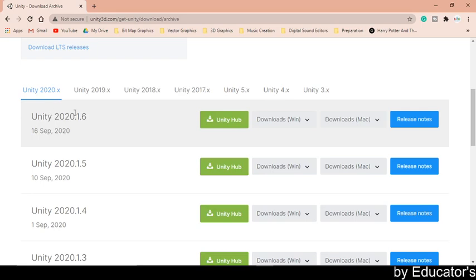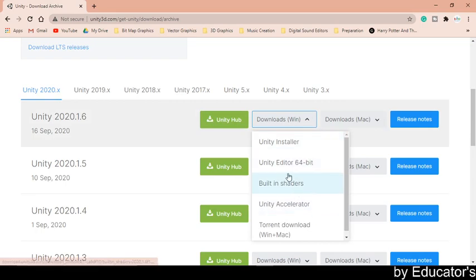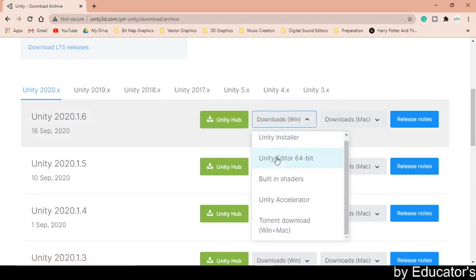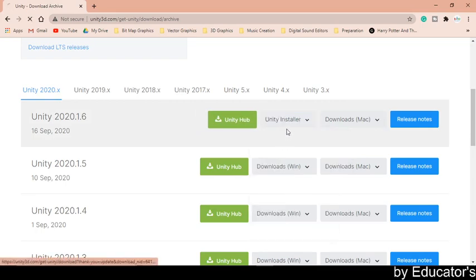Unity 2020.1.6 is the latest version. So I already have the Unity 2019 version, so I'm not interested. First you need to click on download Windows Unity installer,